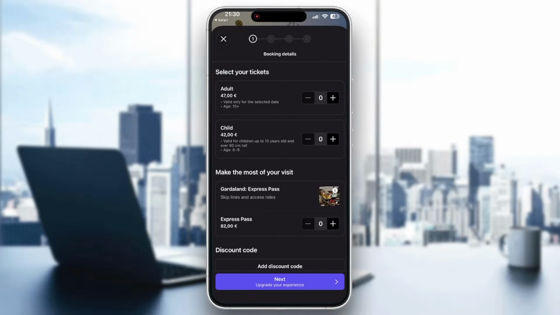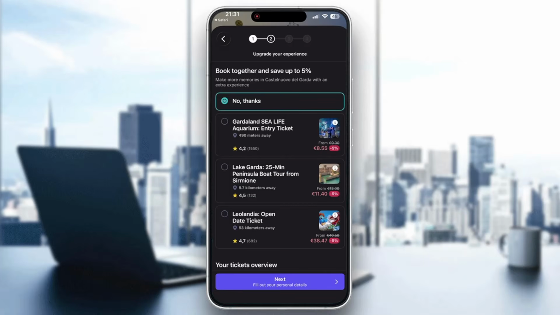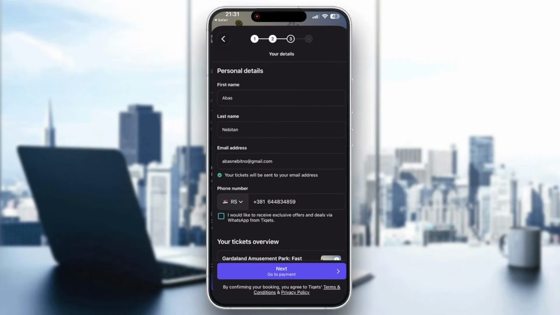I'm going to select the date which suits me the most, and then I'm going to select what kind of tickets I need. Let's say one adult ticket. If you want to get multiple tickets, you can add them right here as well, but click next to go to the experience page, from where we can take a look at similar experiences that we can use. If you're not interested, you can just click no thanks and go to the personal details